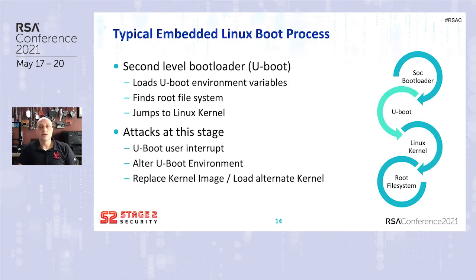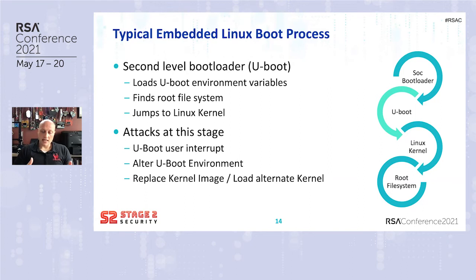In embedded systems, there's typically what's called a second level bootloader, and its whole purpose is to find the Linux kernel, which is typically on some kind of external storage, written as an ext4, ext3, or ext2 file system, copy the kernel over into memory, and then pass execution to that kernel. U-Boot by far is the most common second level bootloader used. There are others, but it's not worth mentioning. U-Boot pretty much has the majority of the market share. And U-Boot's very lightweight.